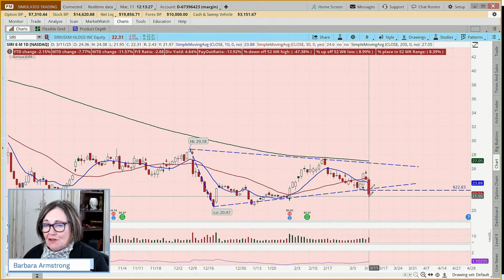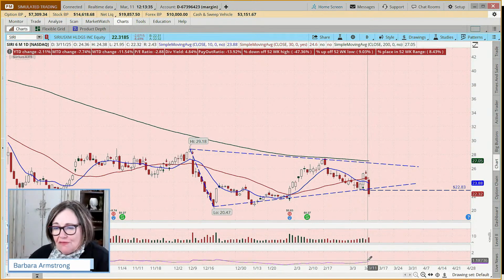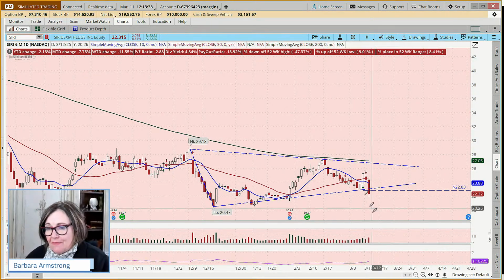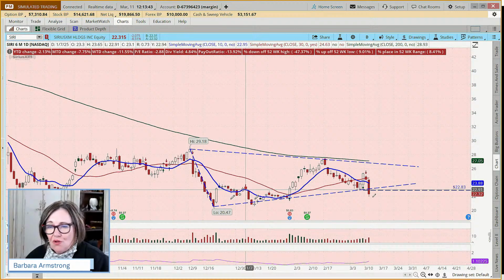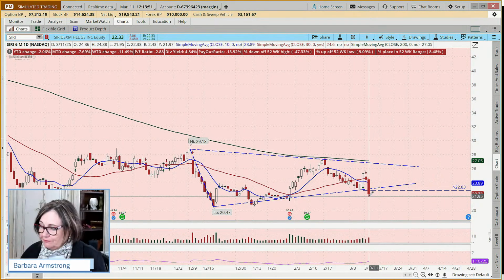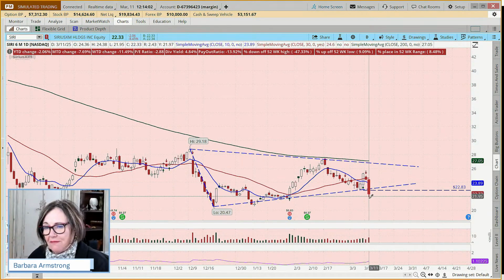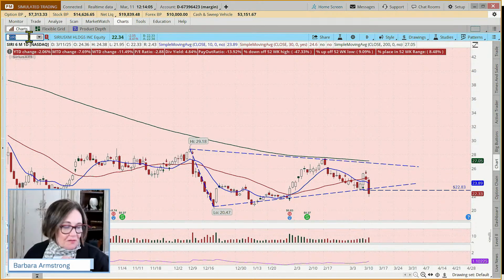Now, could we also do a shorter term strategy, maybe buy a put and say, hey, in an average day, this stock moves about $1.10. And could we say, hey, if it goes down another $1.10, we don't need it to move that whole $8. If it goes down $1.10, get me out. Yeah. So we could do that also. So I'm just going to put a little X beside Siri because we might come back to that one. Okay, so that was Siri.